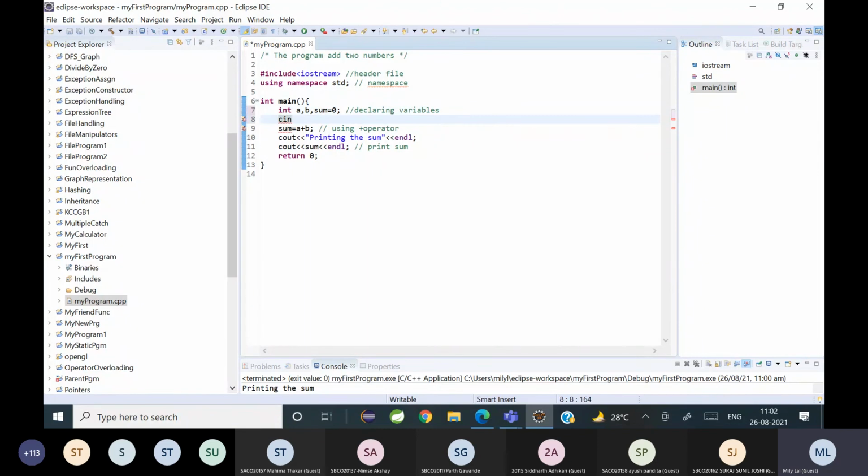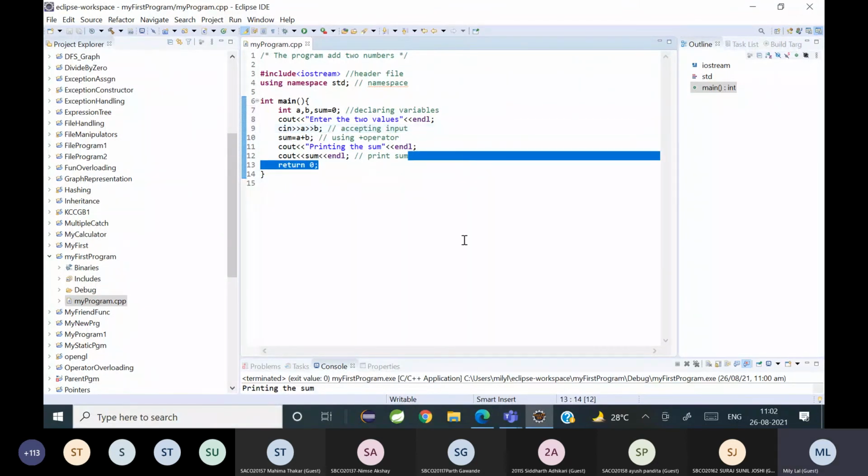I'll write cin, cout: enter the two values, so that the user knows what to enter. Then cin A and B. See? I'm accepting input.